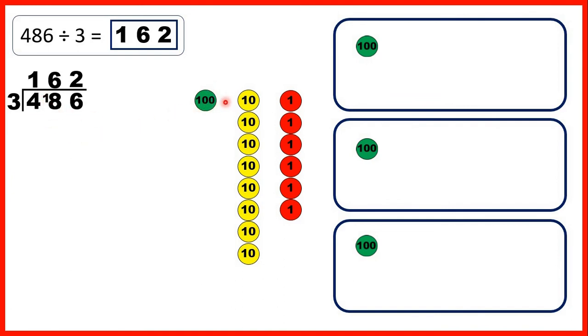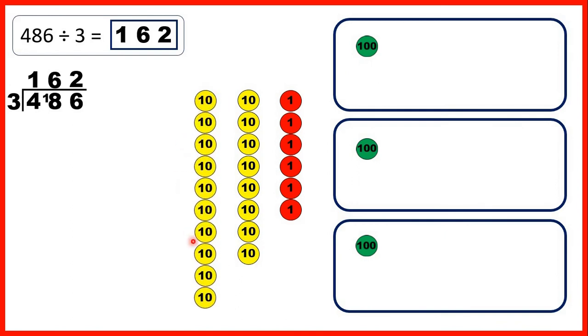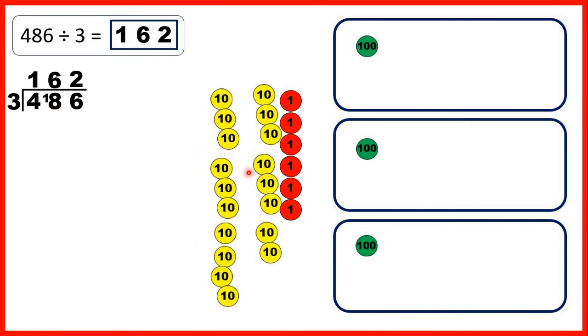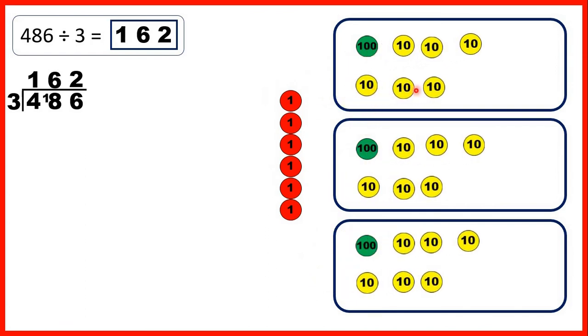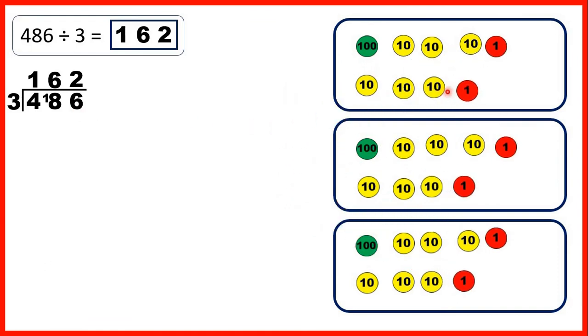Well, that's because we can exchange our 100 counter for 10 tens. So that gives us 18 tens altogether, and that's why we could write our remaining 100 in front of our tens digit, because now we have 18 tens. We can share out all of those tens, and we have 6 tens in each group, so that's why we have 6 as the tens digit of our answer. So now we just share out our 6 ones, and we get 2 ones in each of our groups to give us our answer